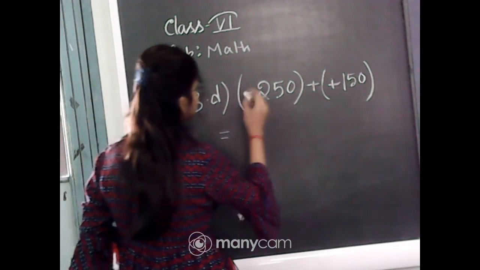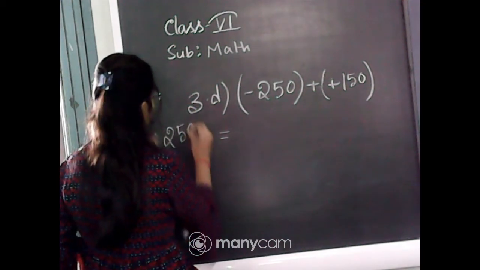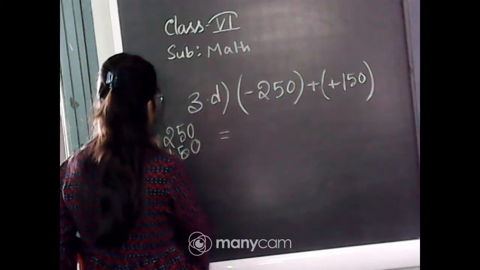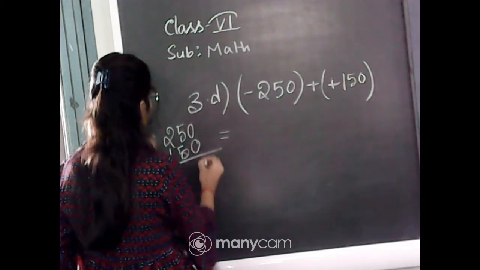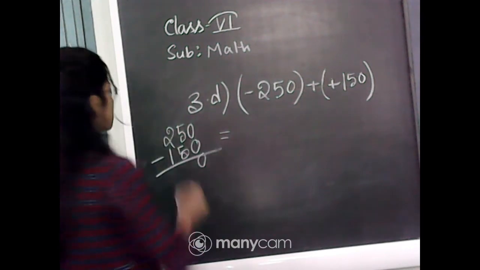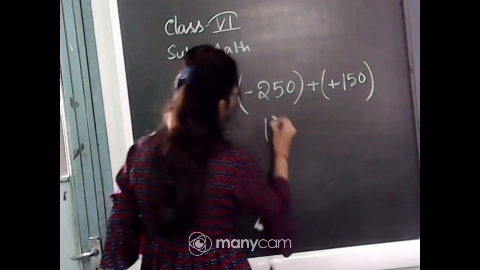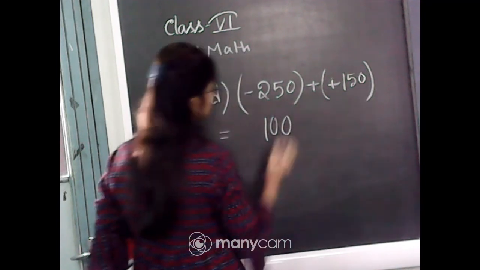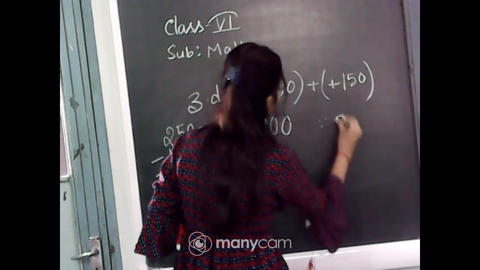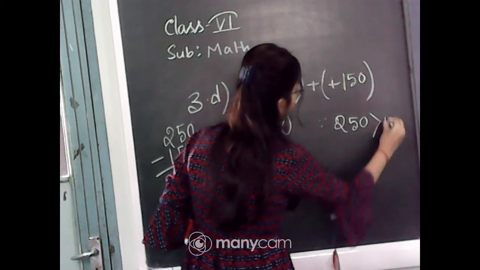That is, the answer is 250 minus 150. First we subtract the numbers, ignoring the signs. The answer is 100, and since 250 is greater than 150,